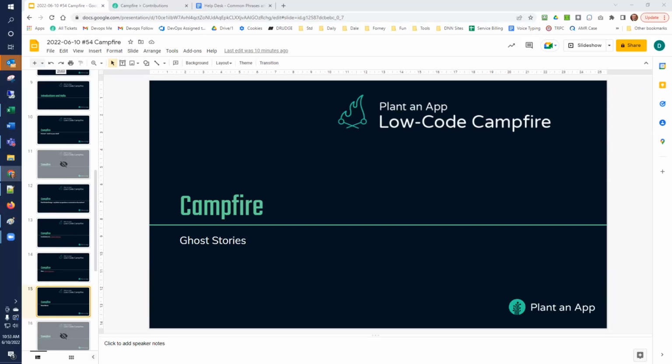the Campfire Contributions. To implement one of those contributions, should I just be able to export that and then bring it back into my site? Is that the best way to implement or use one of those? Well, so